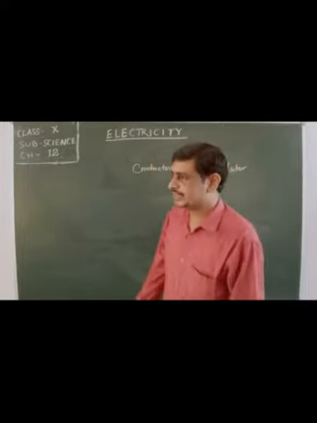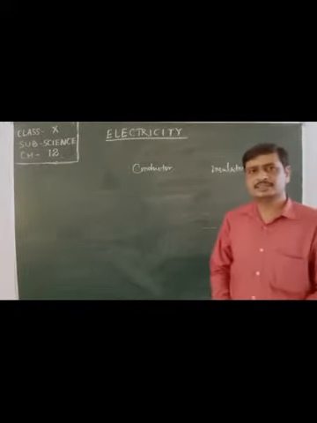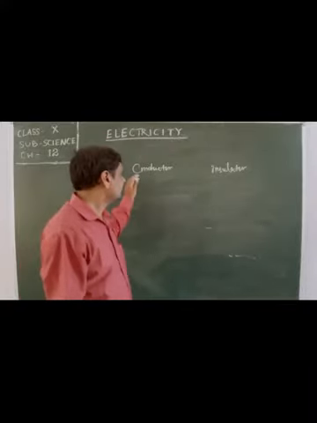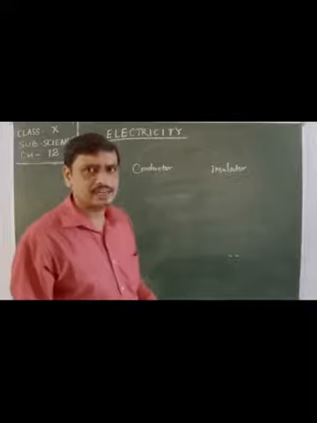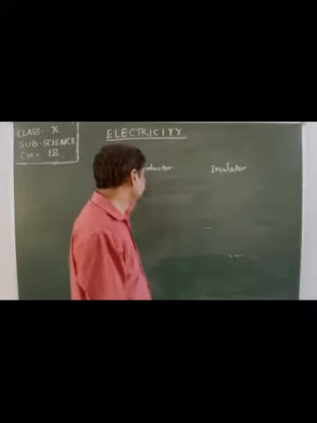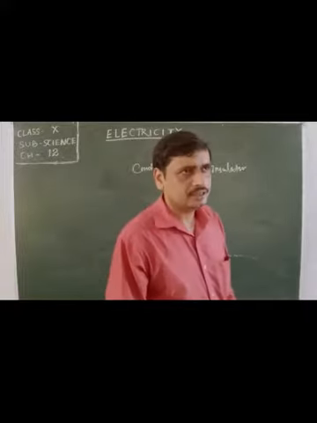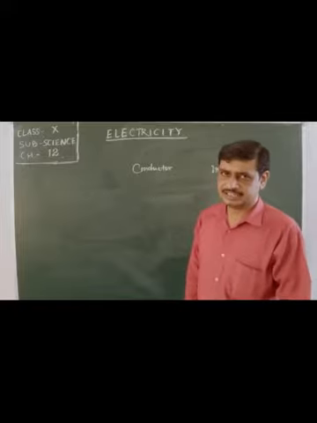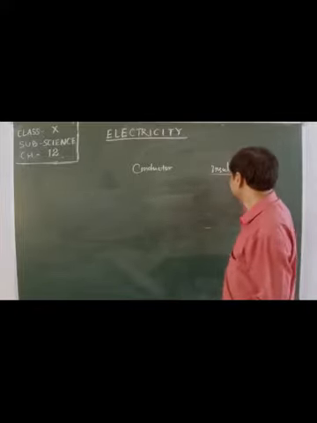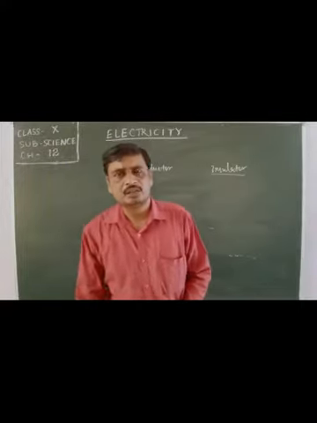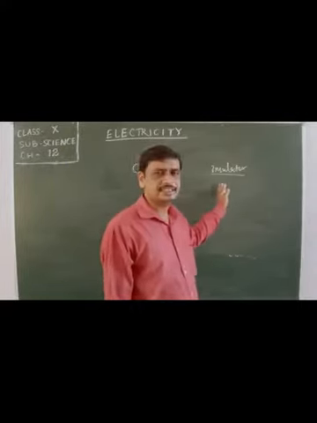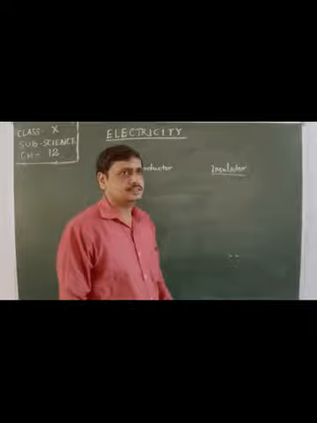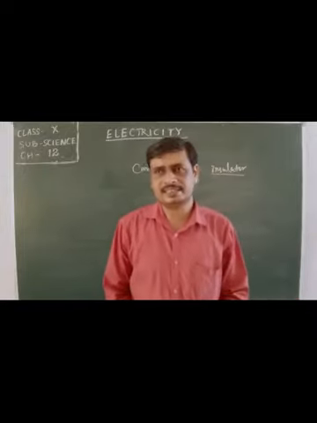The materials which allow electricity to pass through them are called conductors. If an object or any material allows electricity to pass through it, that is called a conductor. But some materials are better conductors and some are poorer conductors, and some are the least conductive also. And insulator means the materials which do not allow electricity to pass through. But in the universe, there is nothing that is an absolute insulator.